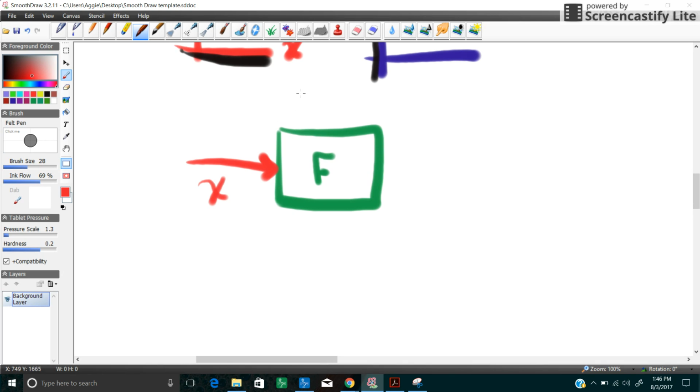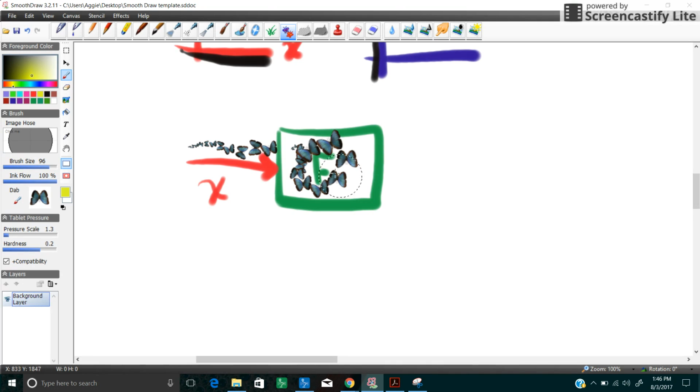Okay, for the sake of simplicity, let's pretend we have some butterflies. Okay, butterflies that went into this factory, this magical factory. Okay? While they were in this factory, something happened to them. So something in here, oh, I meant to do yellow. Something in here happens to these butterflies, okay? That's what we call the function. So when they come out,